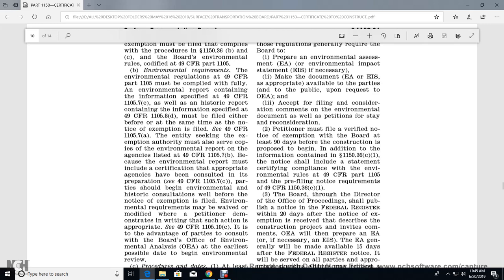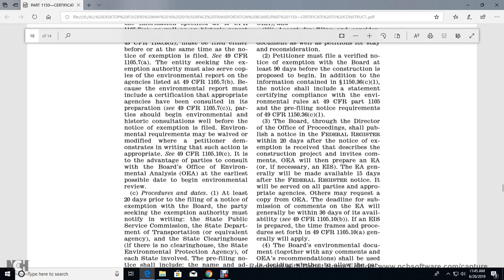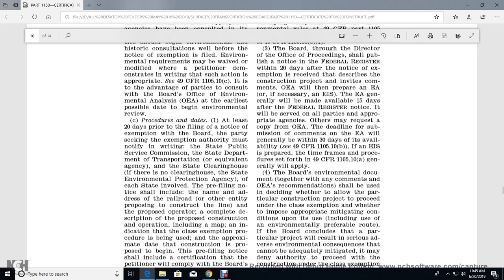Under Title 49 CFR 1105.7(c), consultation on environmental and historic matters should be given well before the notice of exemption is filed. The environmental requirements may be waived or modified when a position is demonstrated in writing and such action is appropriate, see Title 49 1105.10(c). It is advantageous for the party to consult with the Board's Office of Environmental Analysis for the earliest possible date of environmental review. Procedure: at least 20 days prior to the filing of the notice of exemption with the Board,